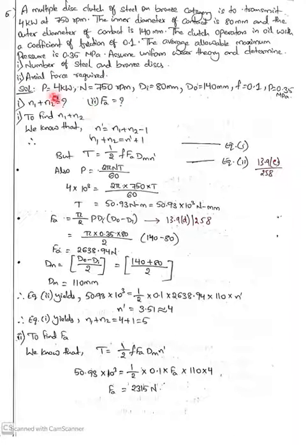Now he is asking to find the value of n. He is asking for steel and bronze, so n1 plus n2 is equal to how much? Axial force is also asked. First, to find the values of n1 and n2, we know that n dash is nothing but n1 plus n2 minus 1. We have solved this in the previous class. So from this equation, we shall take torque and power.